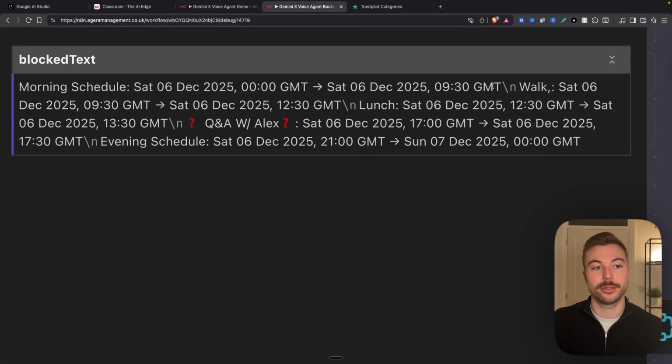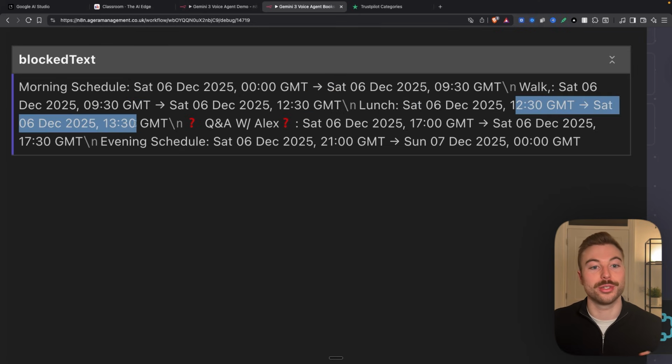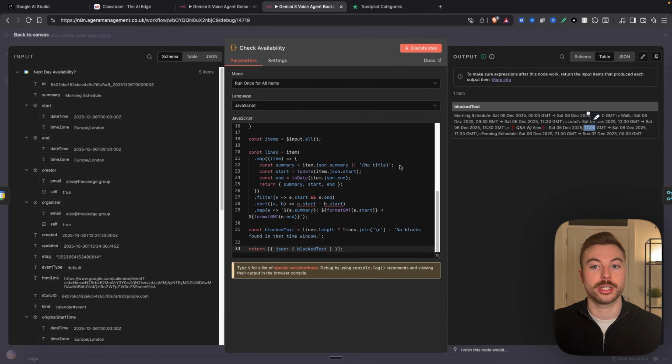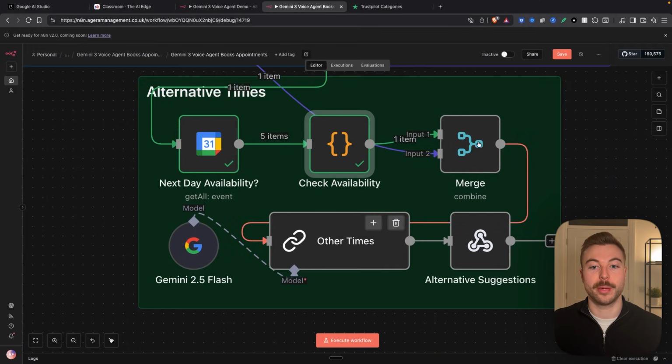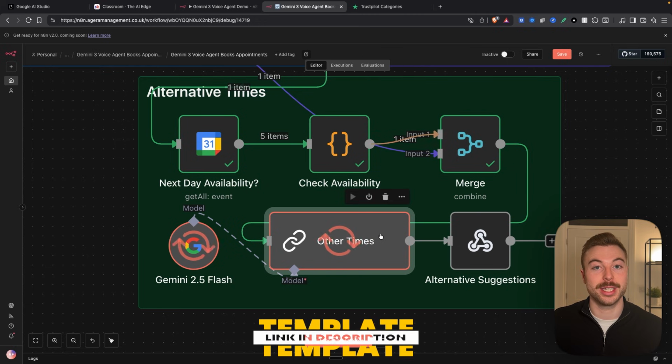Then from 9:30 in the morning, we've got something until 12:30. And then from 12:30, we've got something until 1:30. And then we've got a gap between 1:30 and 5 o'clock because there's no events. So that's when we could book a customer in. So if we come out of here, we're then going to pull all of this together with a basic LLM